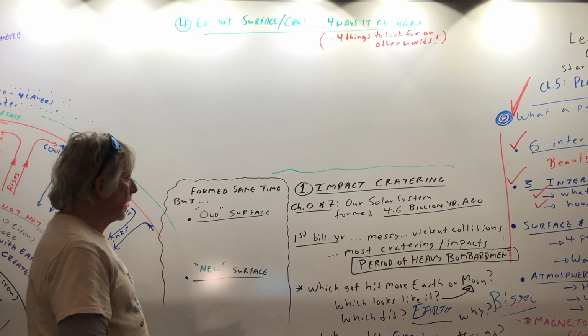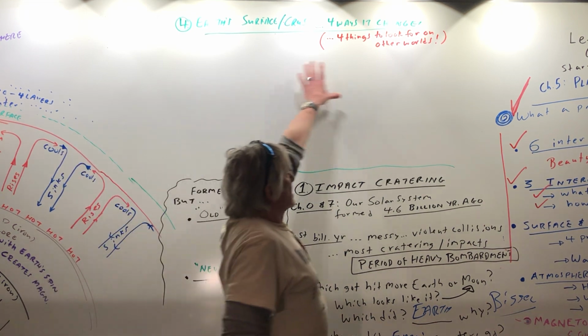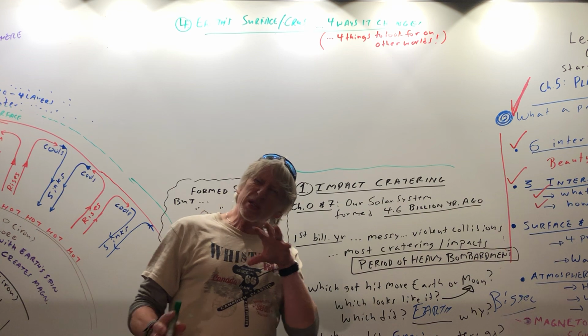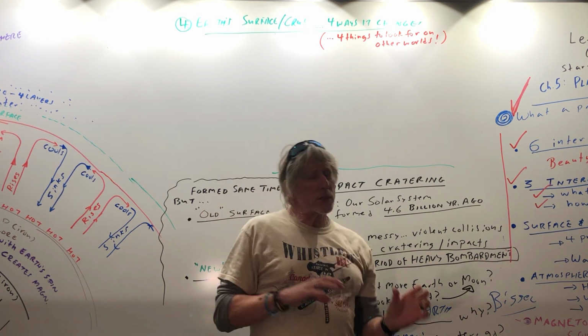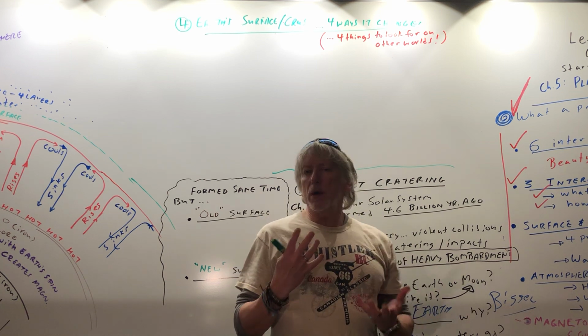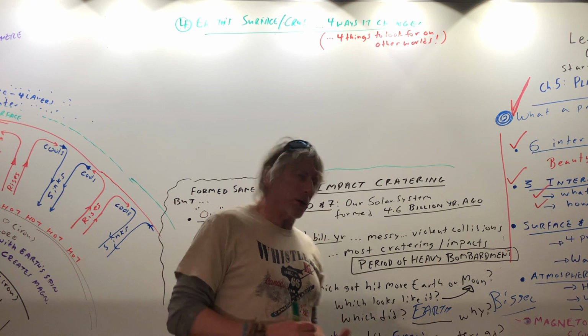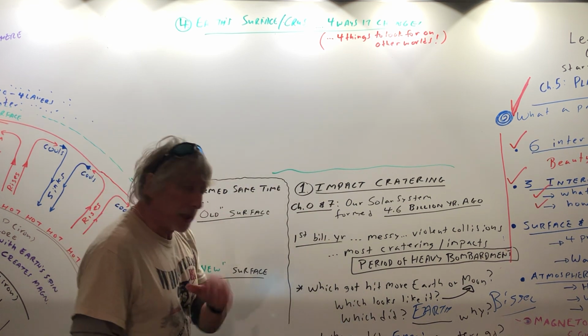And before I go on, let me just say this. We're going to look at these things at other worlds. When we look at Mars, we can go, what does it have, what doesn't it have? Mercury, what does it have, what doesn't it have? Venus, what does it have, what doesn't it have? Those would be our primary other examples. What do they have? What went on here? And what you can see, Moon,